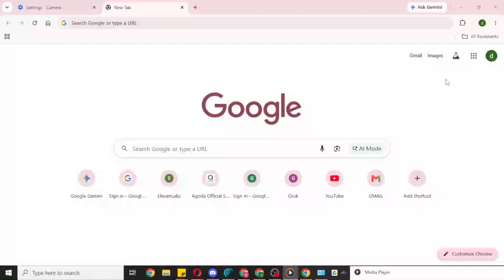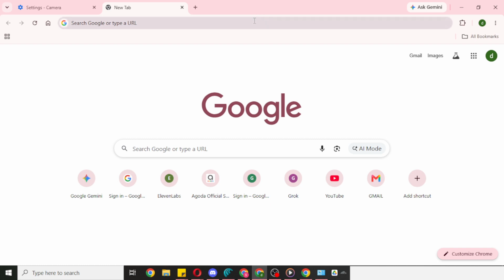In today's video, I'm going to teach you how to remove or delete a Chrome extension. If you have an extension in Google Chrome that you no longer use or one that's causing problems in your browser, removing it is usually very quick. And if you're not completely sure you want to delete it, Chrome also gives you the option to simply disable it instead. That way, the extension stops running, but it stays installed in case you want to turn it back on later. To begin, go ahead and open Google Chrome on your computer.